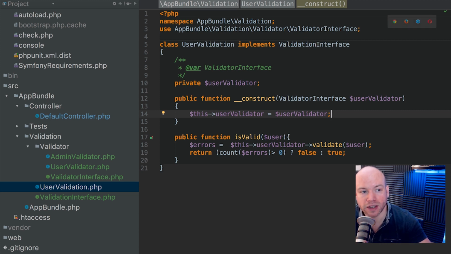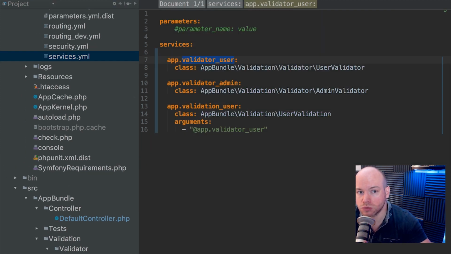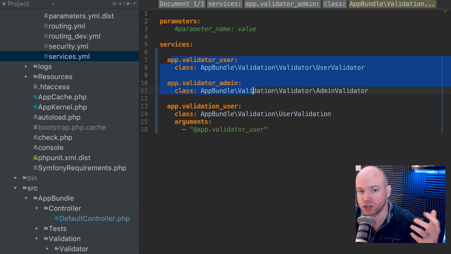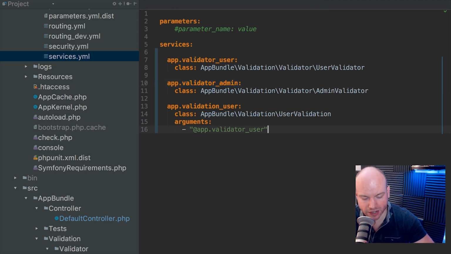So by decoupling that, it means that we can change what type of validator we are supplying into this. Because if we go back up to the services here, we have these two validator services. We've got the user validator and the admin. They both adhere to the validator interface, which means that we can pump that through. So for example, here we're supplying the user interface, and if I was to save this and refresh the page,